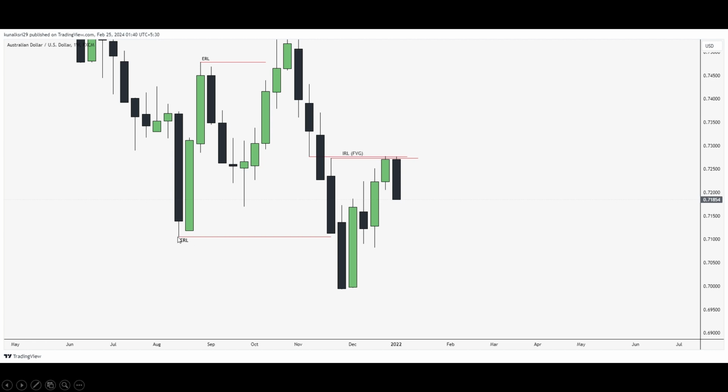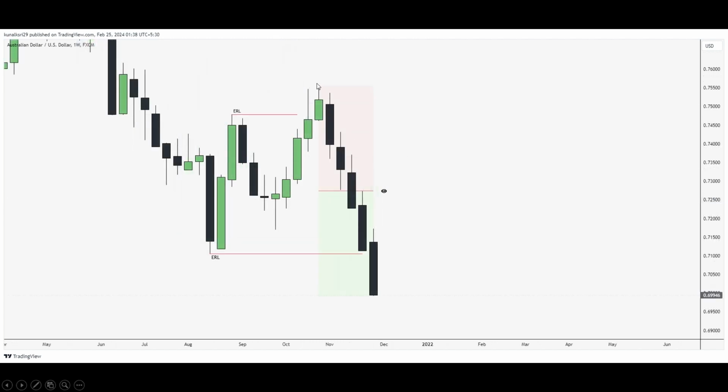So you can see after grabbing external range liquidity, we tap internal range liquidity, the fair value gap. Now some of you might be thinking, hey, we had a fair value gap here too, right? This fair value gap here, you can see fair value gap imbalances basically in this area. So why are we not taking this area? We avoid this area because if we use Fibonacci again from the high to the low,